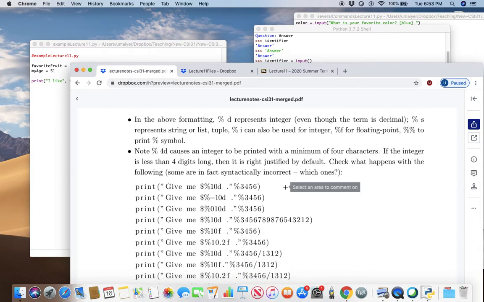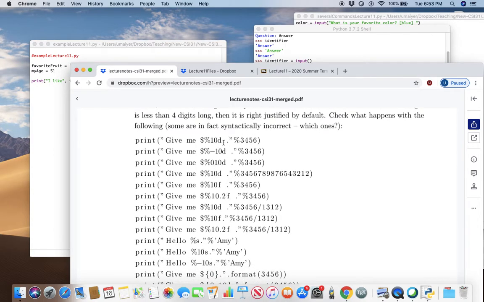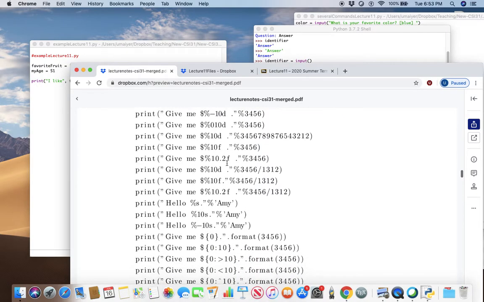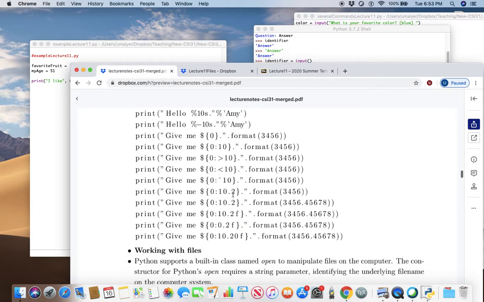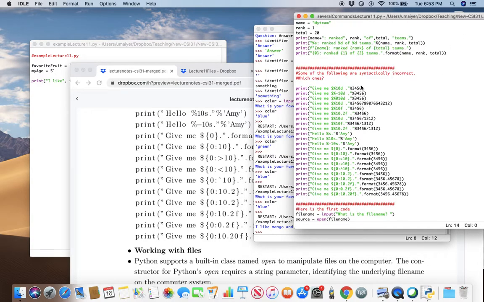Now, here are some more examples. Make sure you understand what these mean. This means 10 places, 10 digits you are going to use, and place 3, 4, 5, 6 right in the middle. Okay, so figure out what this minus means or 0 means and so on. One is left aligned, one is right aligned, one is center aligned, and so on and so forth. Try every single code over here. These codes you have in here as well. All right, in the file. Okay, until next